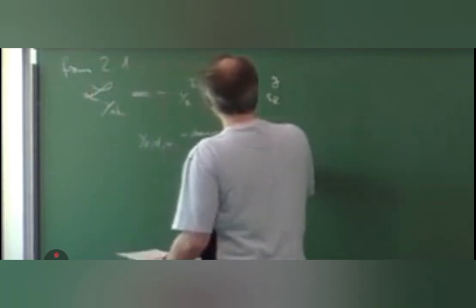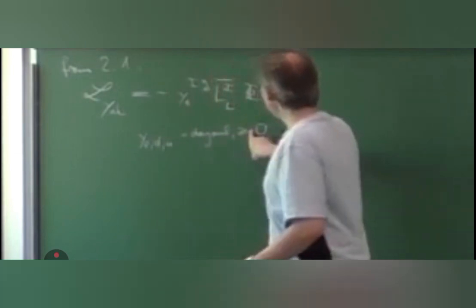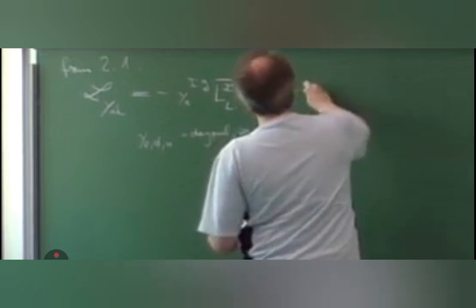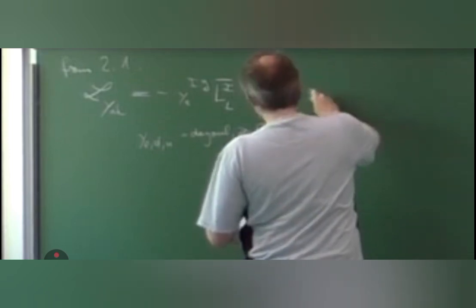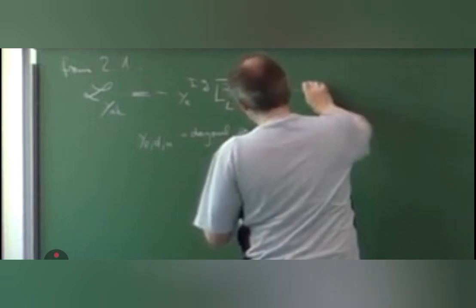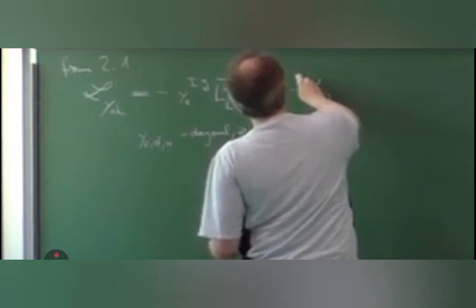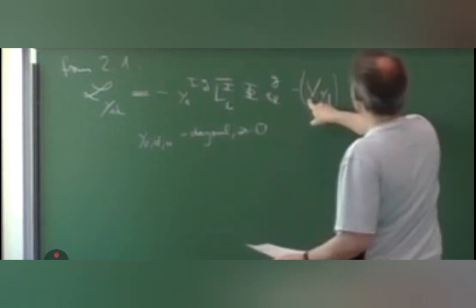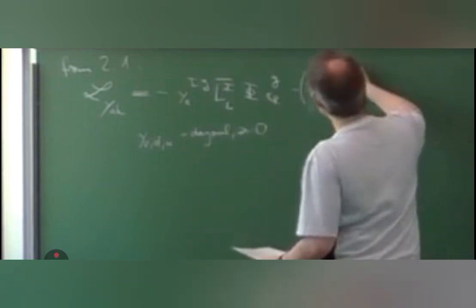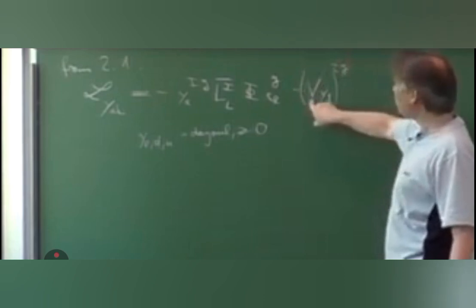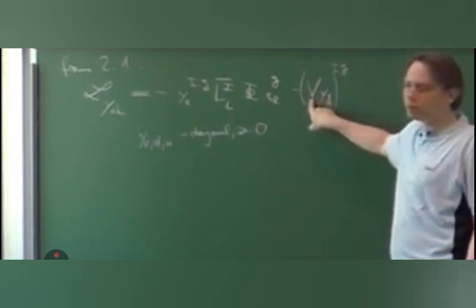And without loss of generality, the diagonal entries are non-negative real numbers. Okay, then how does it go on? We have the same thing for the down quarks. And here in the down quarks we have the CKM matrix. So we have the product V times Y_D as a matrix with indices IJ. And even though the Yukawa matrix is now diagonal, the CKM matrix appears here, and that is not diagonal, at